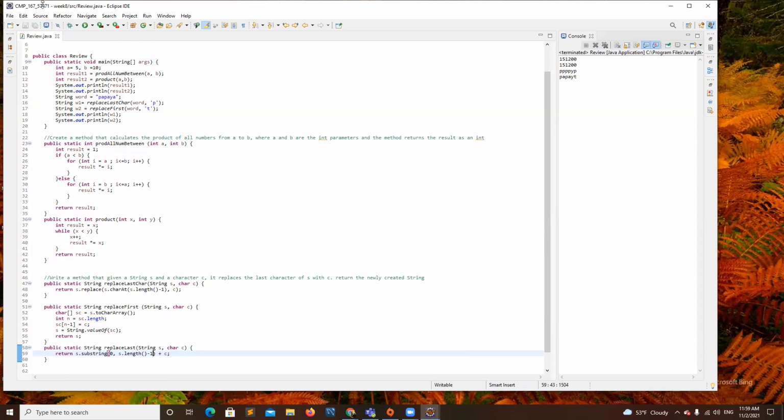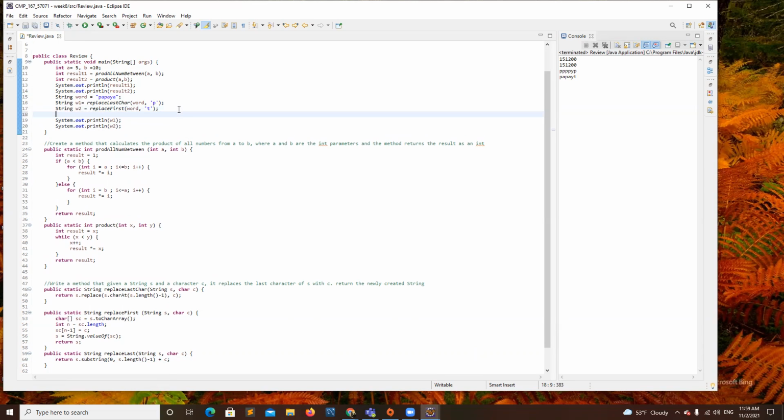So now if we do a string W3, replace last, and word, and something like X, and then semicolon.